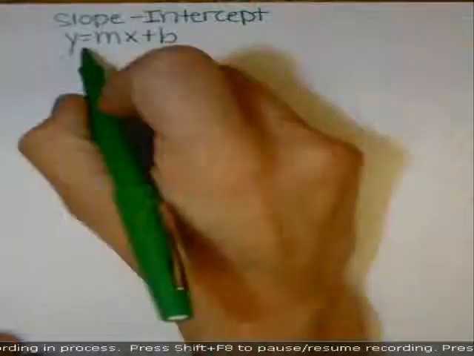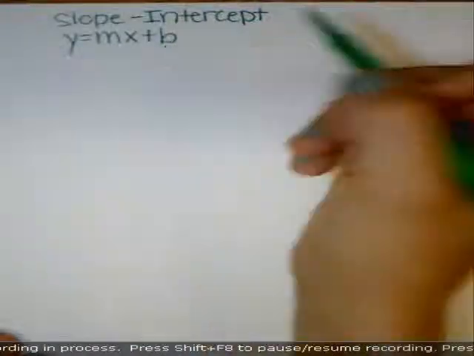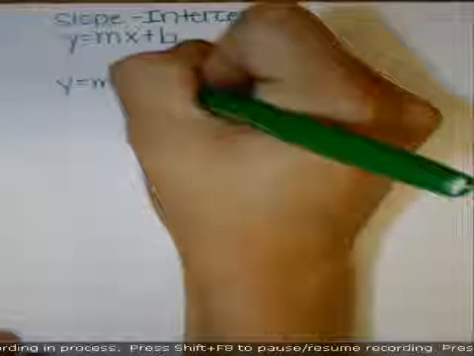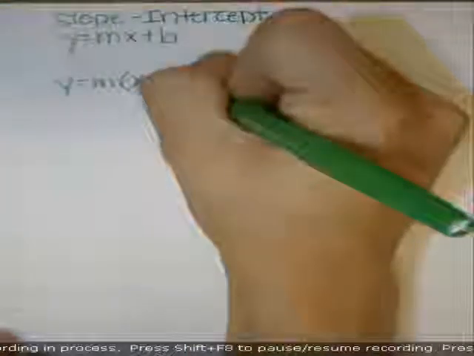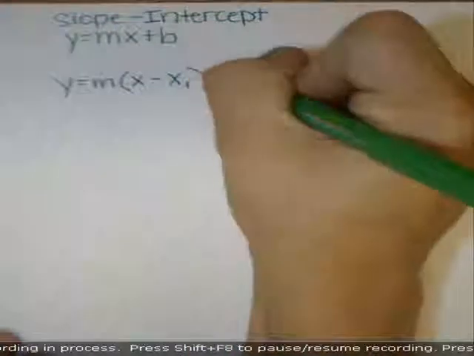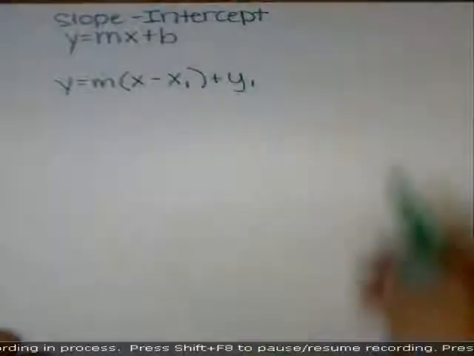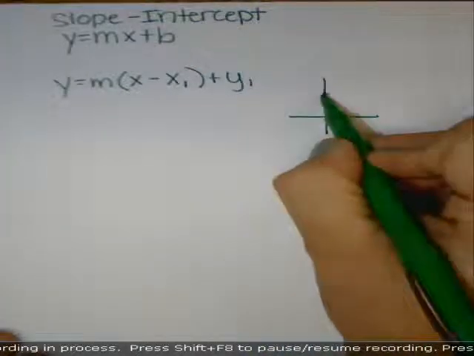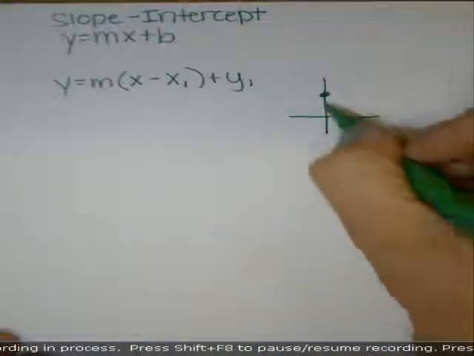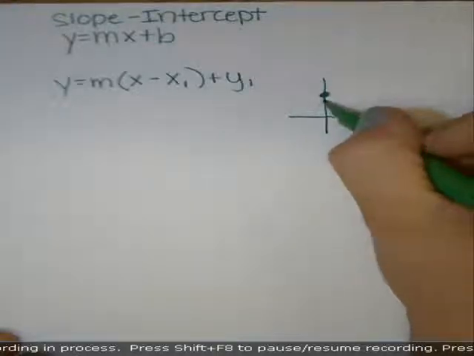The slope-intercept form is y equals mx plus b. It actually comes from our point-slope form. So the point-slope form, y equals m(x minus x1) plus y1. If we were to take off of the graph a y-intercept, and the y-intercept occurs, any point on this line